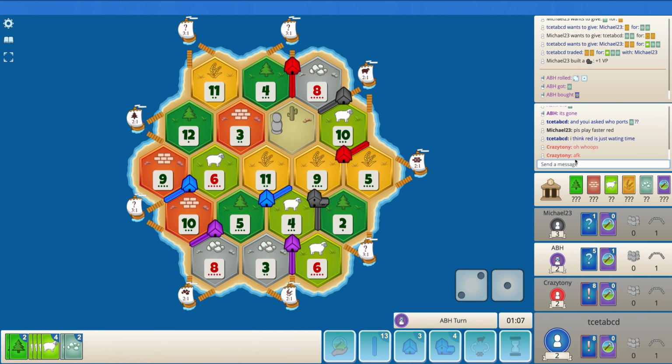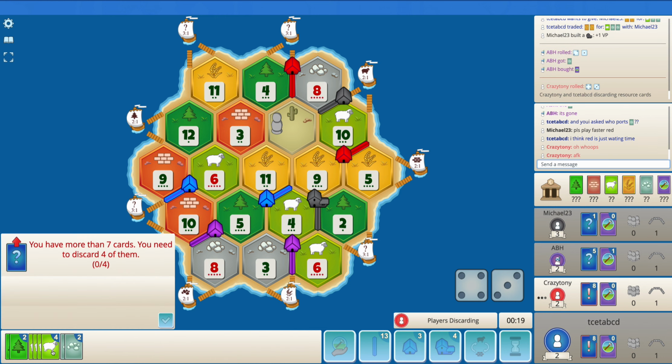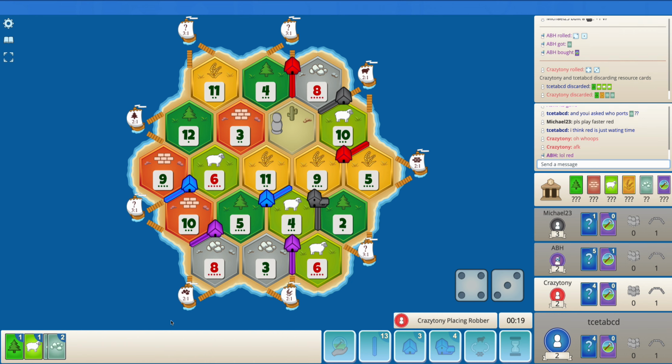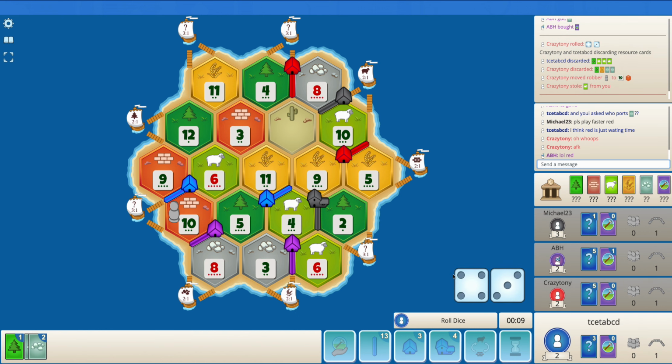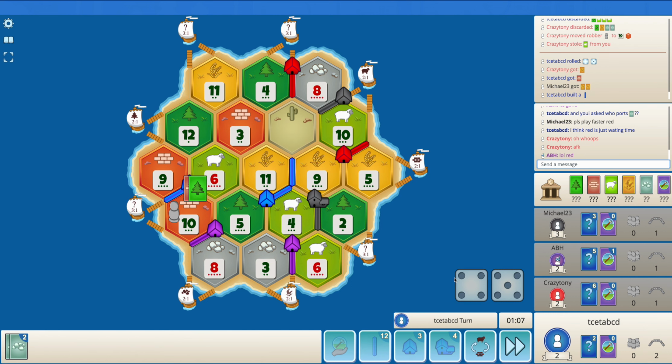yeah, hopefully red is now back. And yeah, unfortunately, I do lose out on a few cards here. Here, red can easily block the 4 sheep. Wow, blocks the 10 brick. That is really surprising. Finally, a 9 does roll, giving me a road, but